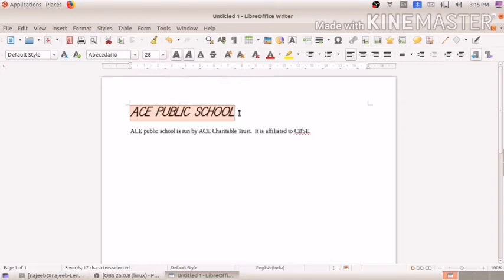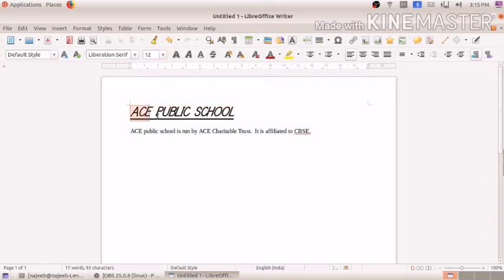You see ACE Public School can be seen as italic. If you want it underlined, select it and click this U, underline, and it will be underlined.